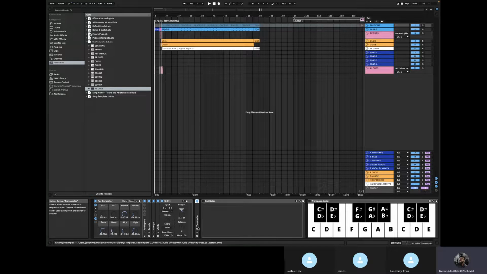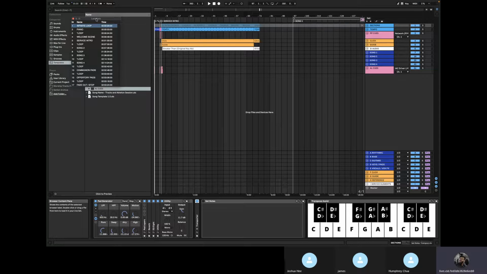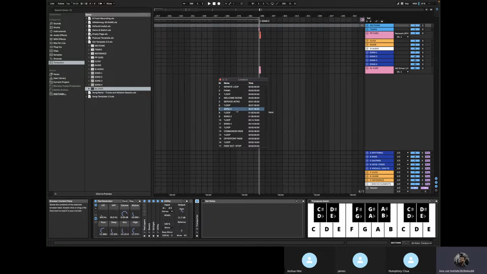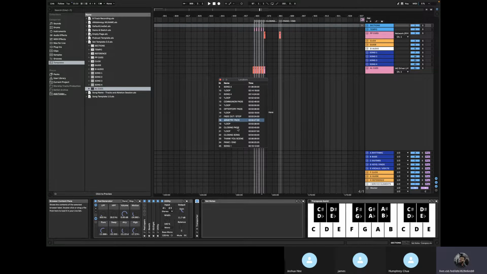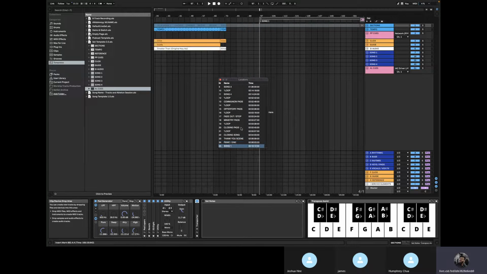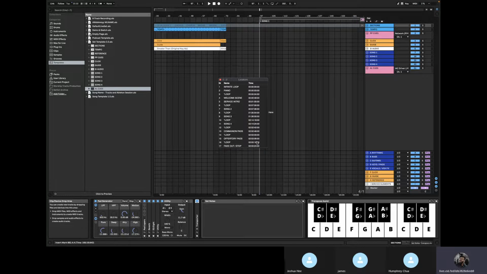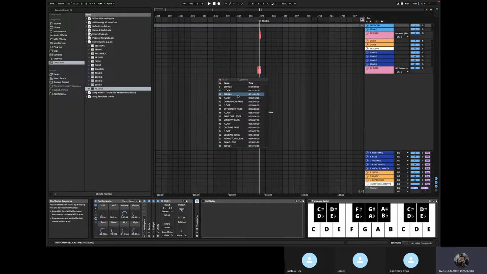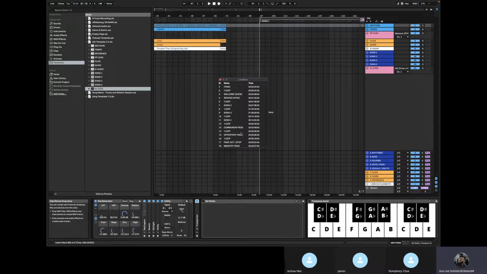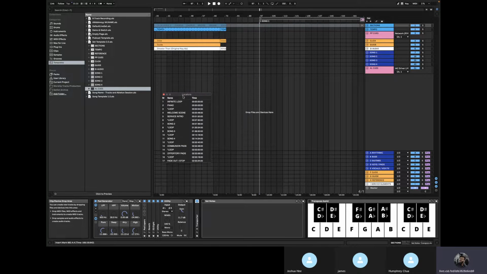I implemented this new item. It's a little bit buggy. It's called the transporter. So if you press the key M, it opens up this list. And in this list, it helps you to jump to many locators. But the thing I don't like about this is, for some reason, it's not displaying all the locators in the correct order. You can see that song 1 is all the way down here. And then some of the locators are just all over the place. So I don't like it,